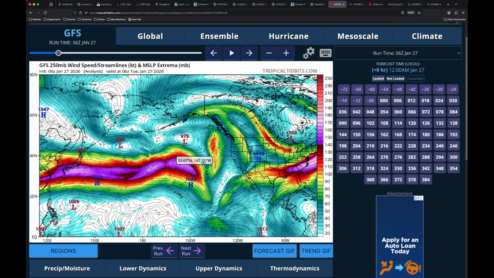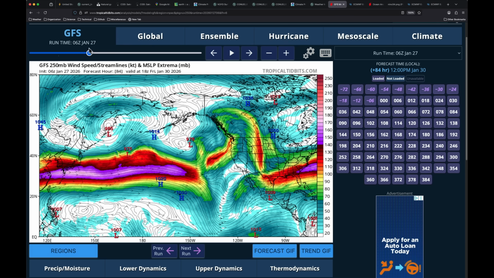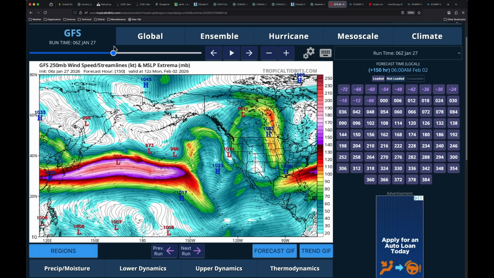I want to jump over and show that jet stream forecast for the North Pacific here. I picked the GFS here, and I'm looking at that Pacific jet extension. We talked about this to start. We looked at it on Earth at Null School, extending all the way north of Hawaii here, breaking down into that ridge over the western U.S. We saw the temperatures warm up this week as a result of that. As I play this forecast out,